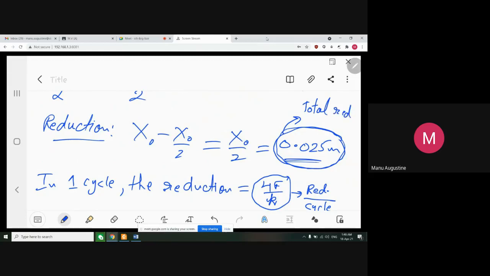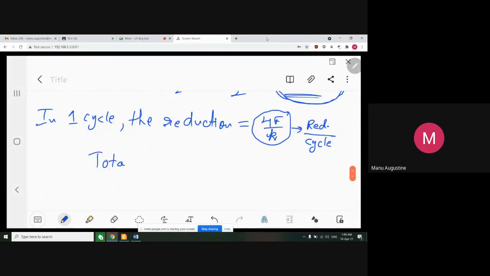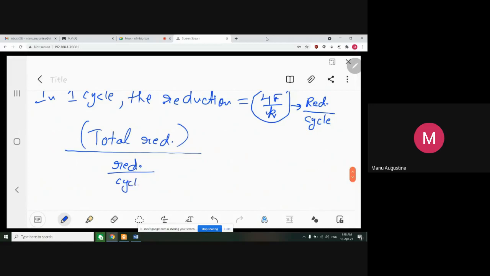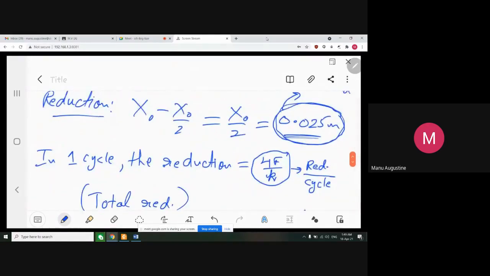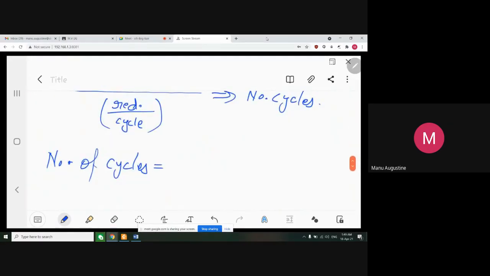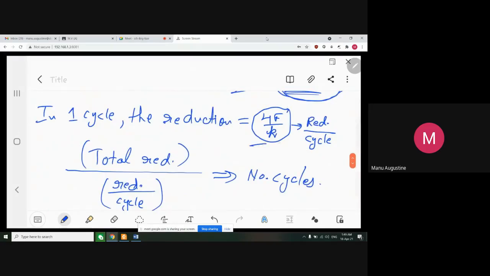मेरे को साइकिल्स चाहिए, कितने साइकिल हैं, तो साफ सी बात है, टोटल रिडक्शन के साथ डिवीजन करा दीजिए रिडक्शन पर साइकिल का, तो आपको इवेंचुअली नंबर ऑफ साइकिल्स मिल जाएंगे जितने में ये काम हो रहा है। ठीक है, so what we have to do is we simply have to find it like this. So number of cycles is equal to total reduction कितना है, 0.025 मीटर्स, डिवाइडेड बाय रिडक्शन पर साइकिल कितना है, 4f/k।